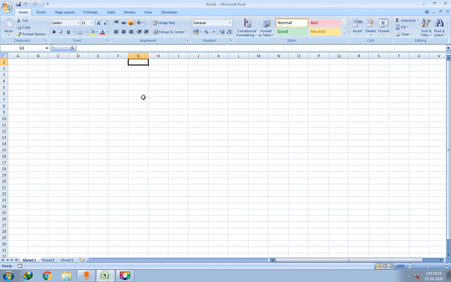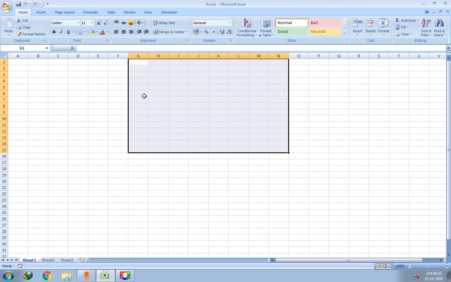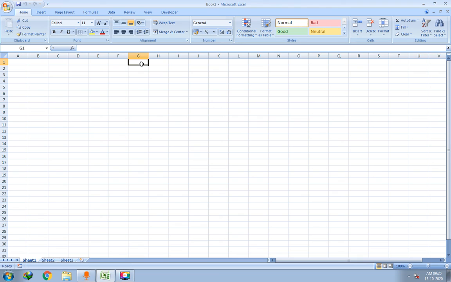Now I am here at G1. So when I press down, the second row is selected, third row, fourth row, and then right, right, right, right, down, down, right, right, right. So it is used to select cells. Not the entire worksheet, but whenever you are moving, those cells will be selected.